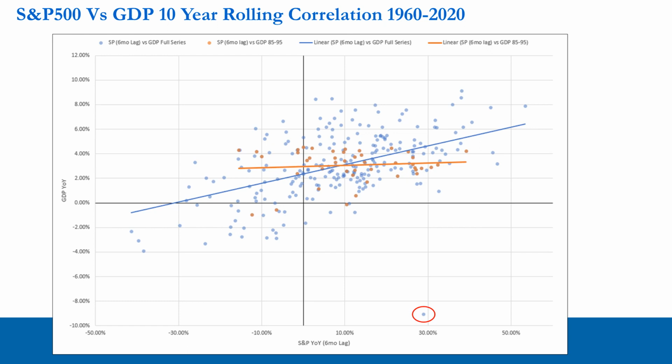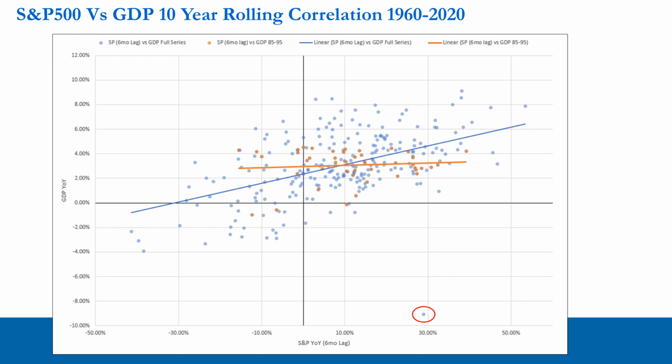Now, outlier scenarios and also a deeper explanation of historical data and correlation. If you look at the case where the red circle has covered the case, what would you say this is? Well, this was the situation in 2020 during COVID. So we have a very extreme scenario where GDP was reported down by a significant amount, but the S&P 500 on a 6-month rolling basis, 6-month lag, was reported up.